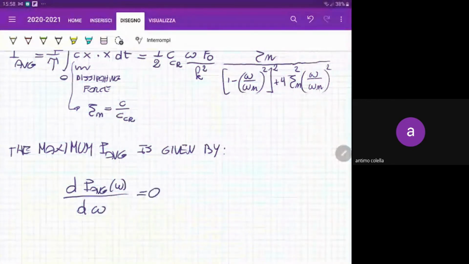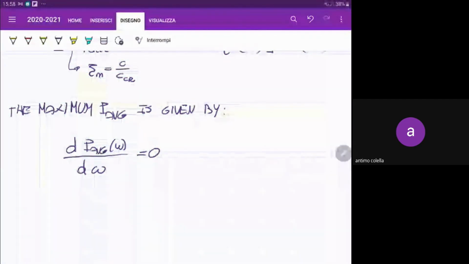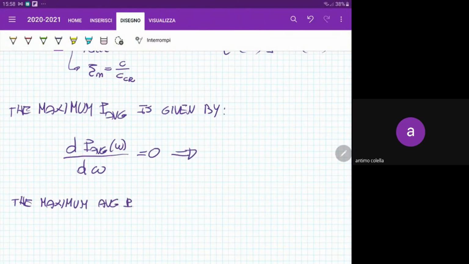What we found out is that, as a result, the maximum average power is dissipated